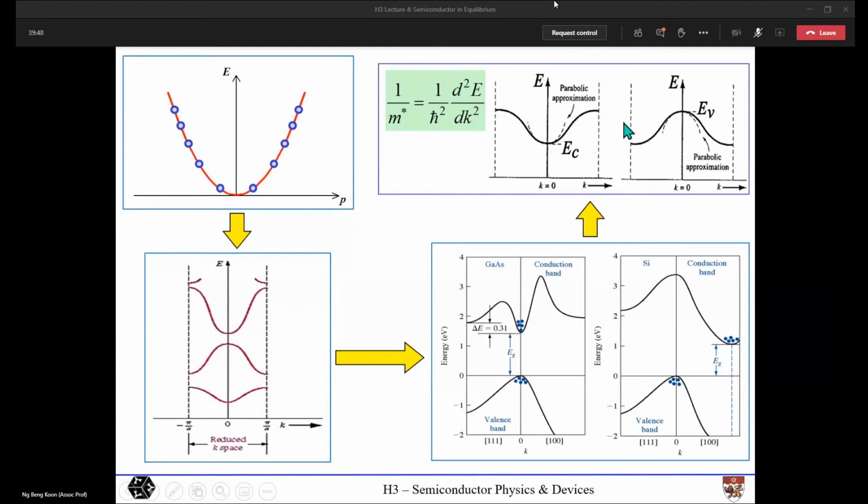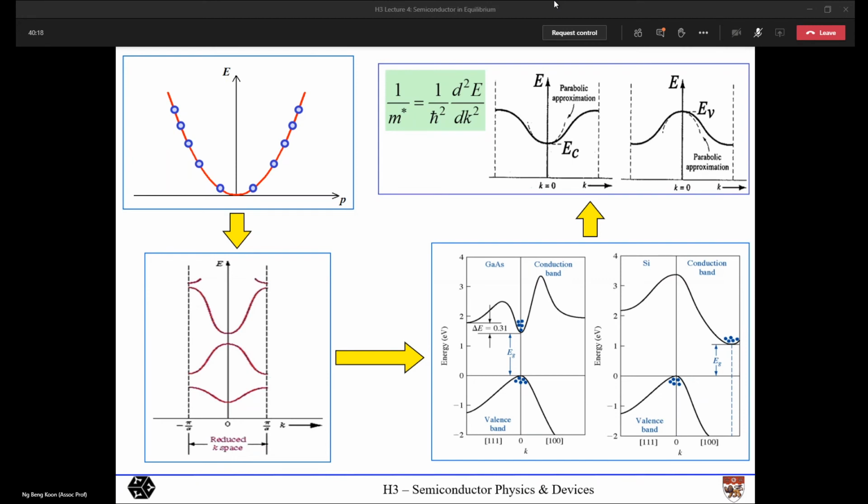If you look at those regions, this region here is still approximately parabolic. The same goes for the valence band: near the edge, this portion is still approximately parabolic. So in many applications, if you want to analyze how an electron moves and describe its behavior,